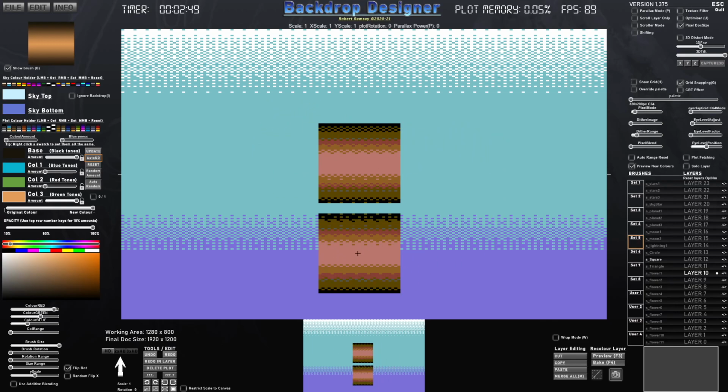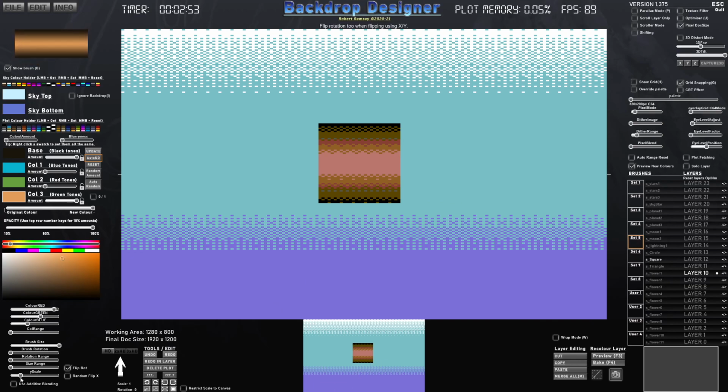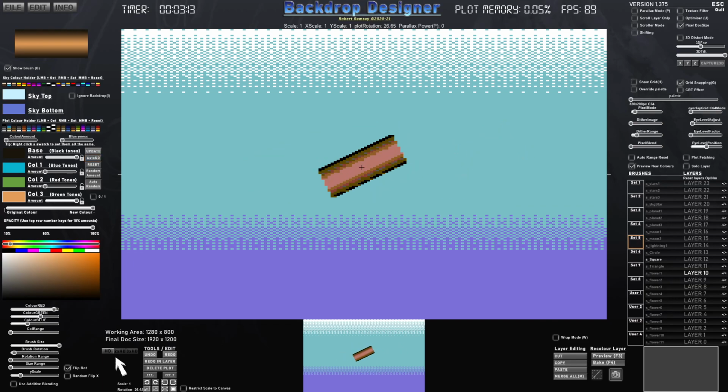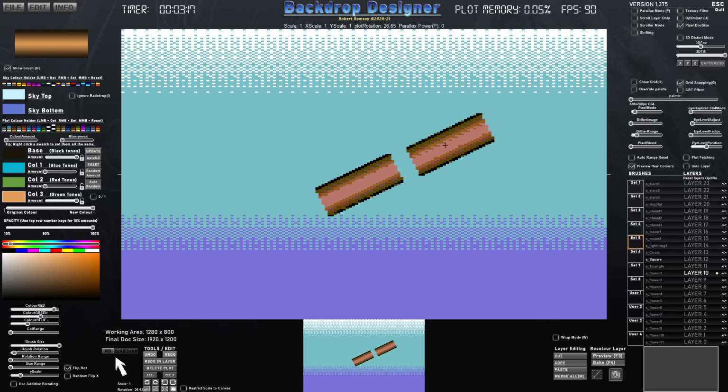So I want to make it sort of isometric. So I'm going to bend it like this and rotate until I get, I'm going to hold down shift to fine tune it and rotate it until I get a nice step in the pixels, like there, and then I'm going to undo to get rid of that plot, right, and